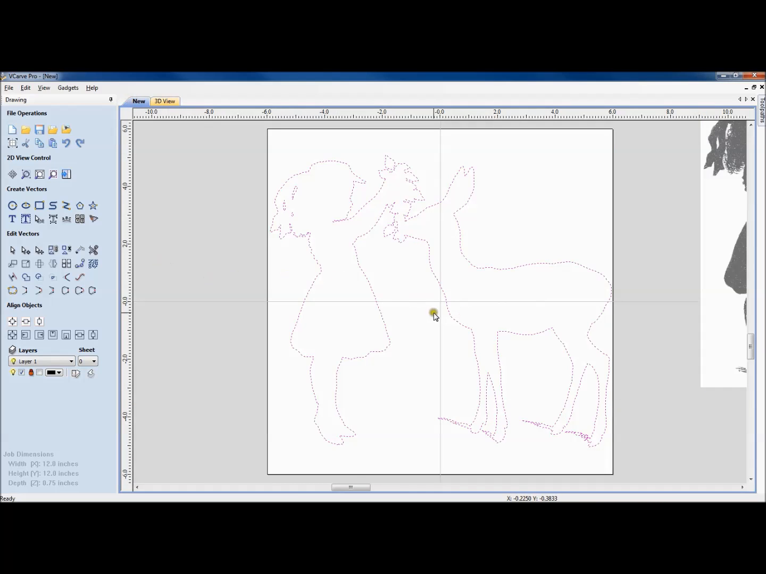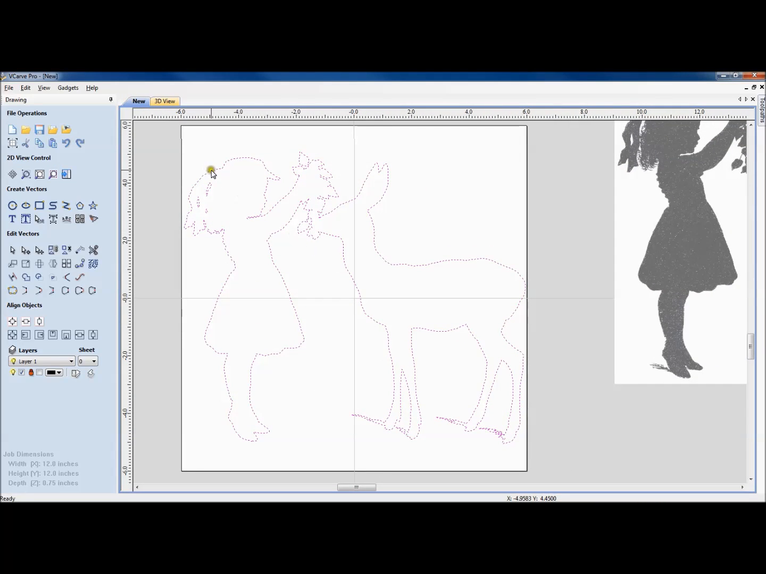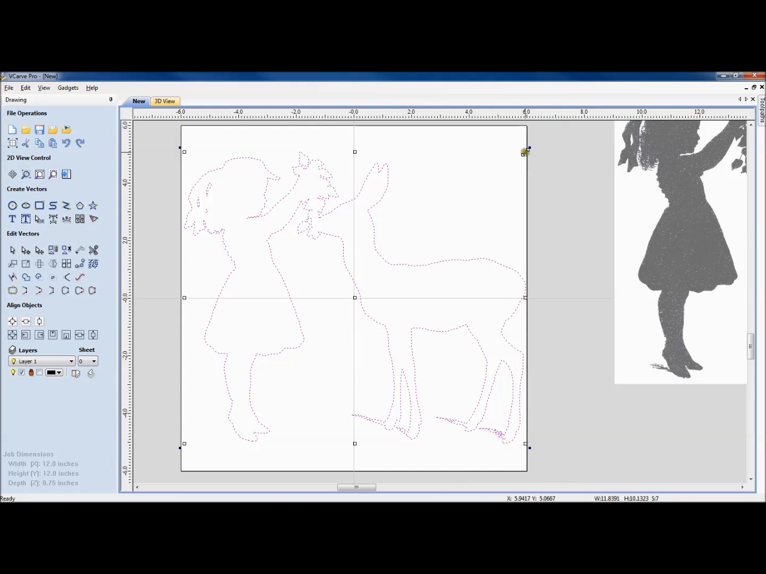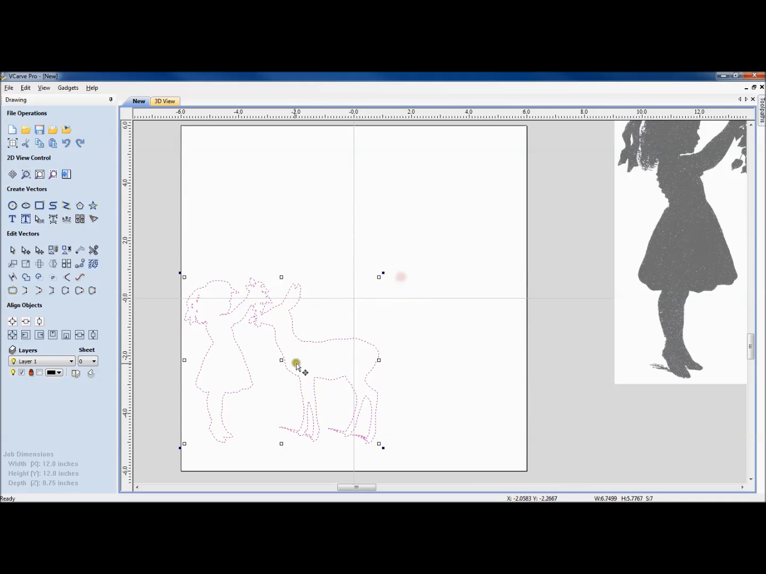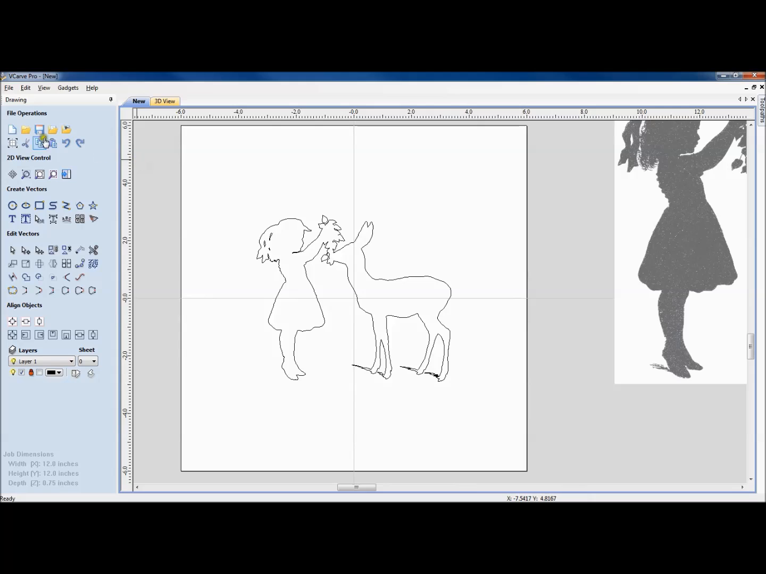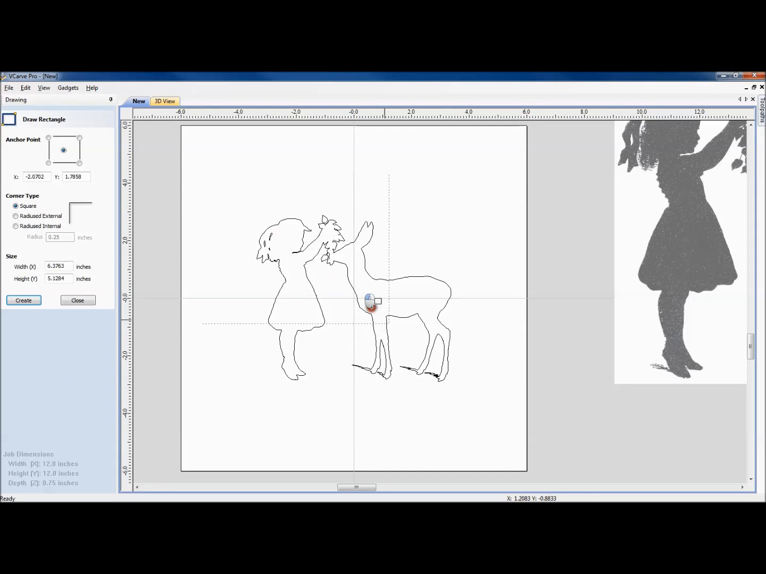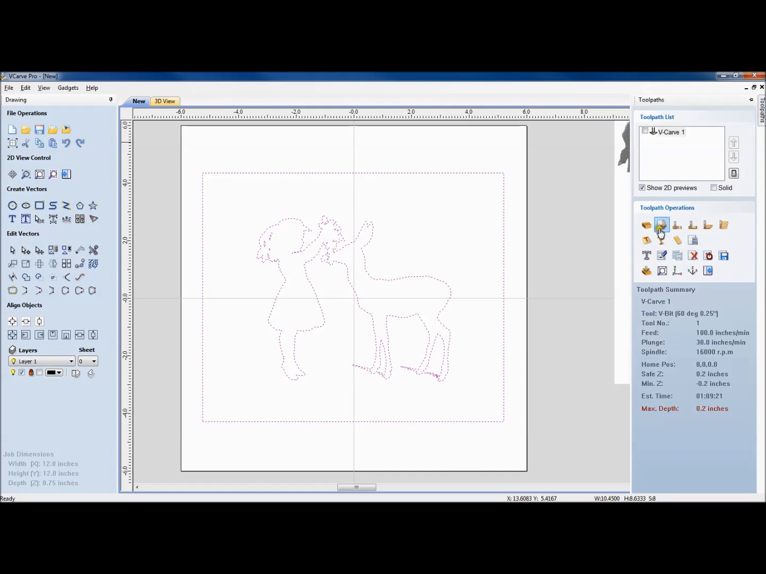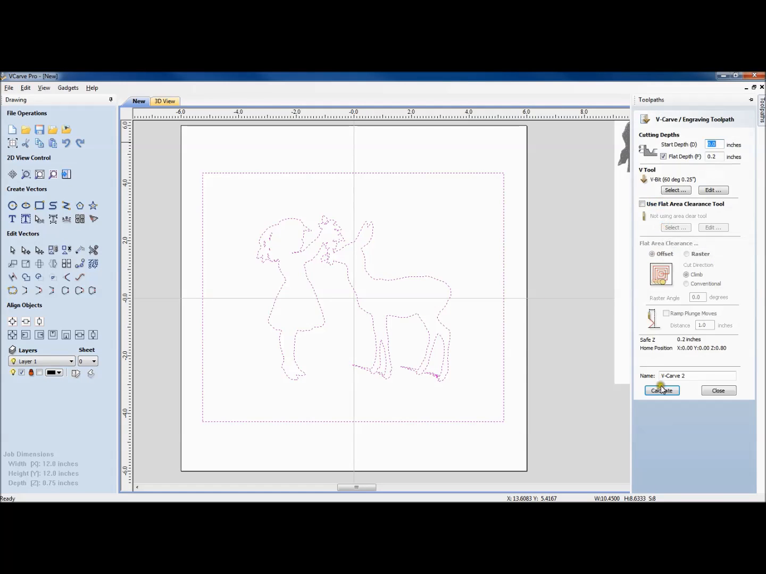Now, if I wanted to reverse this, what I would do is I'll just go ahead and reselect this all, and if I wanted to reverse this so that the deer and the girl were up, I simply could put a vector around it, and I'll close that. Now I would be able to leave the deer and the girl up, which makes it pretty neat when you want to go ahead and paint